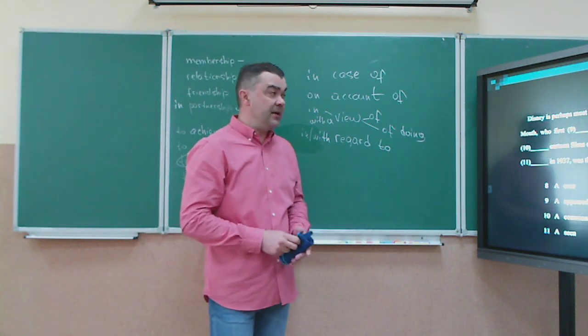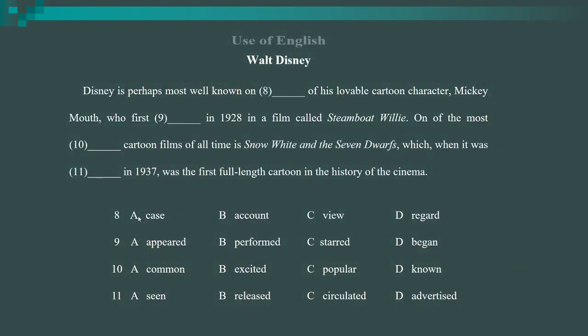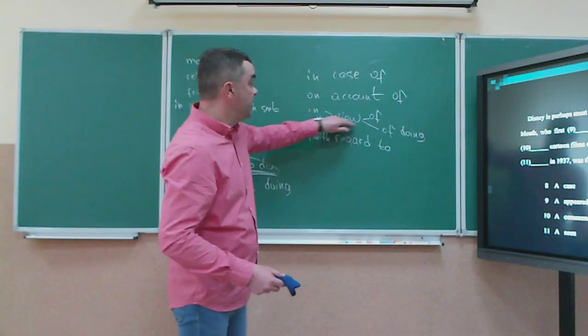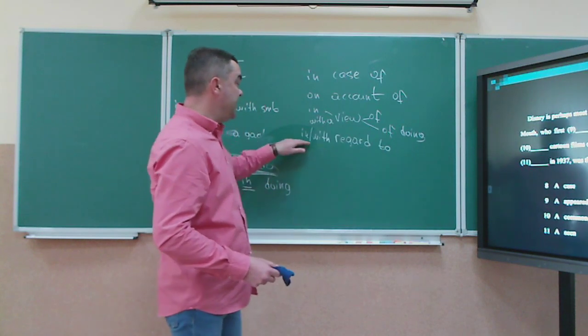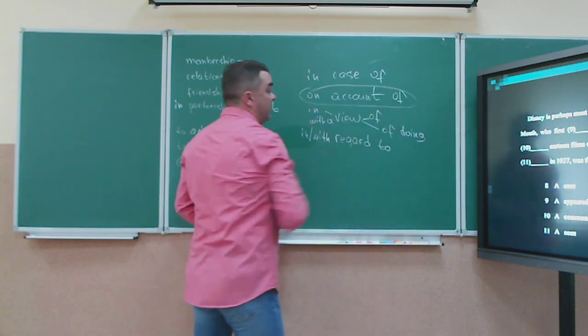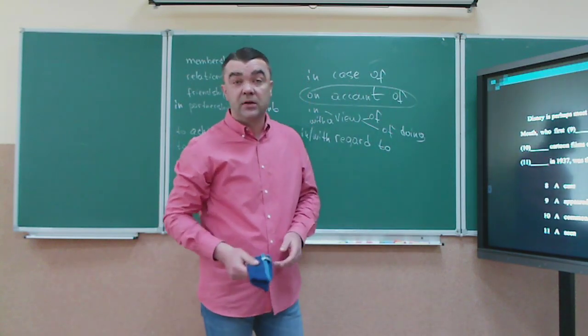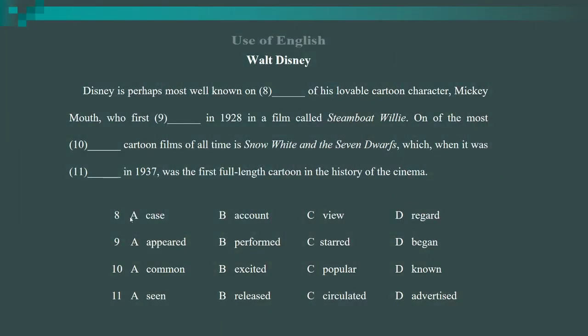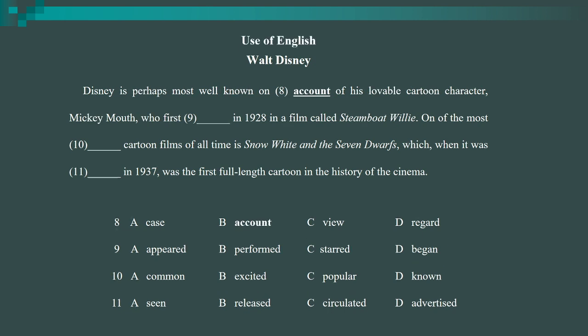Let's have a look at the text again. So we have, before 8, we have preposition on, and after the blank we have of. If you have a look at the blackboard again, so in case of, in view of, with a view of, in regard to or with regard to, and only this one we have on account of. It means that the correct answer here is on account of. Disney is perhaps most well known on account of his lovable cartoon character, Mickey Mouse, who first, and we have